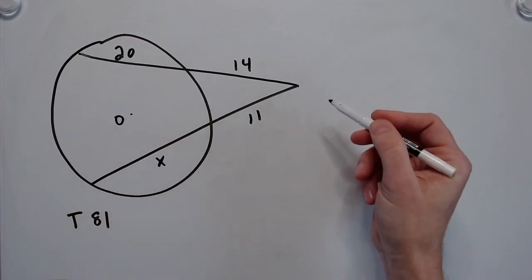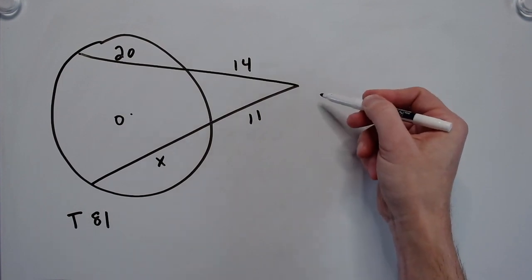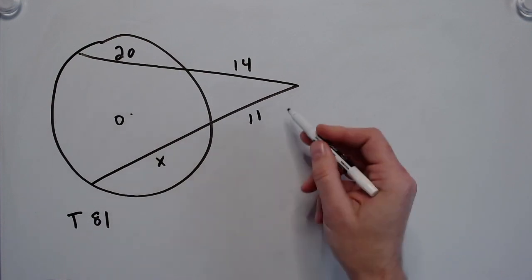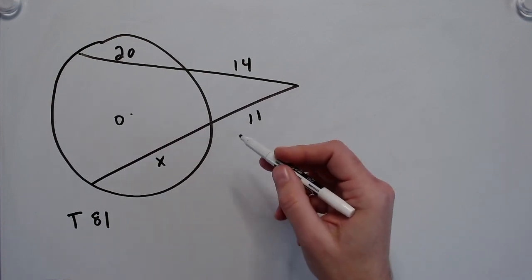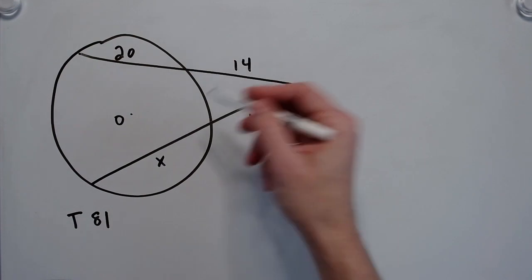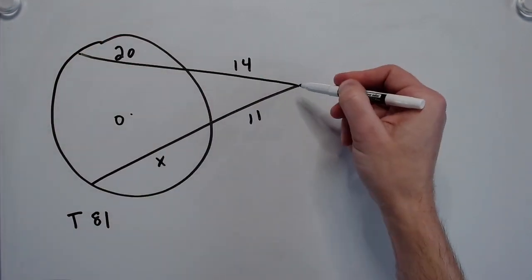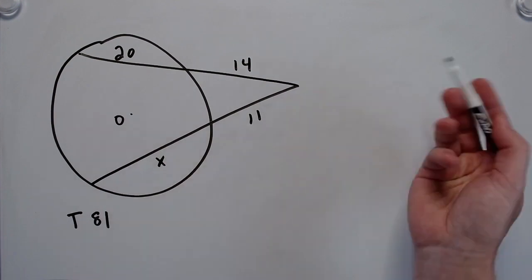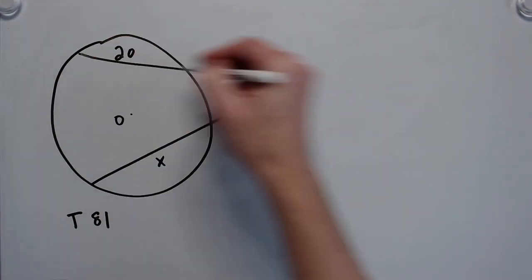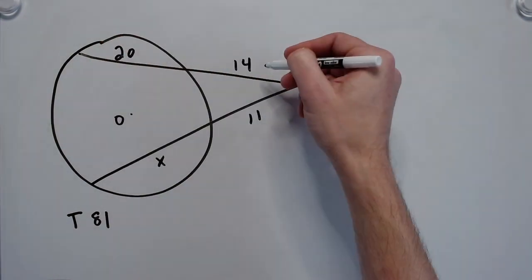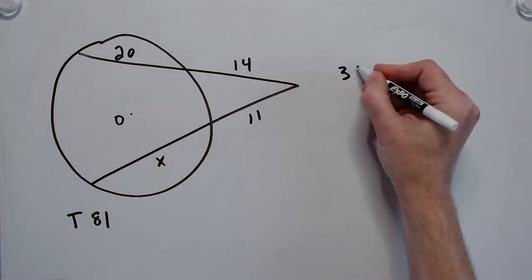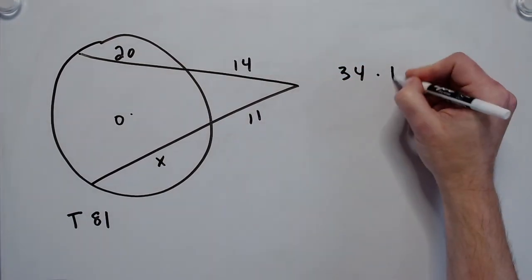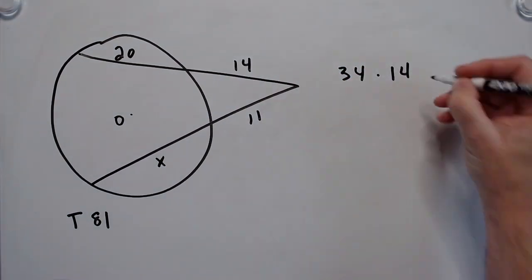If two secants intersect on the exterior of the circle, then the product of the lengths of one secant segment and its external segment is equal to the product of the lengths of the other secant segment and its external segment. So the whole thing times its external is equal to the whole thing times its external. So let's just write that out. So the whole thing up here is 20 plus 14. So we have 34 times just the external bit, which is 14. It's going to be equal to